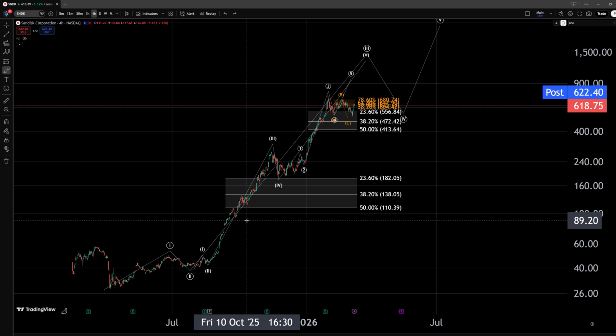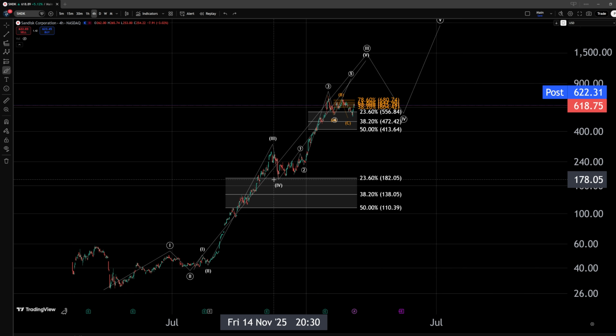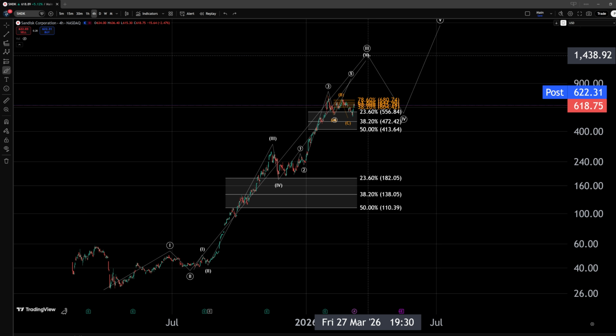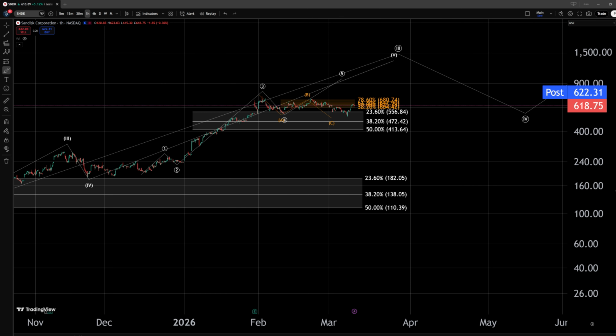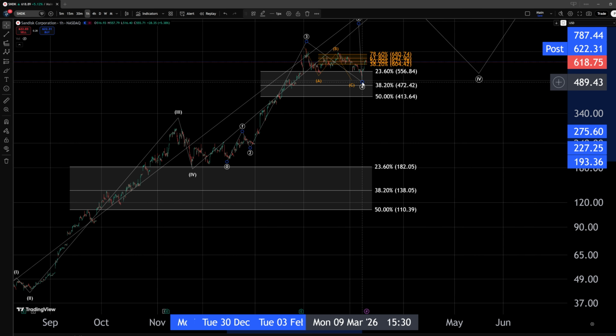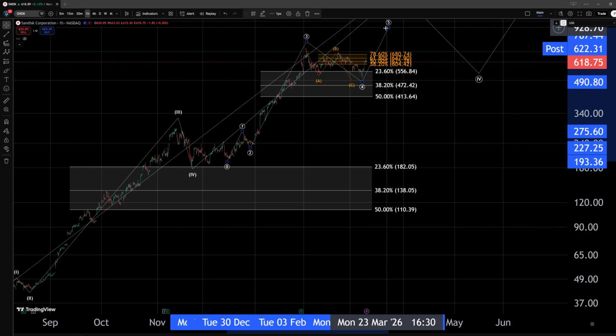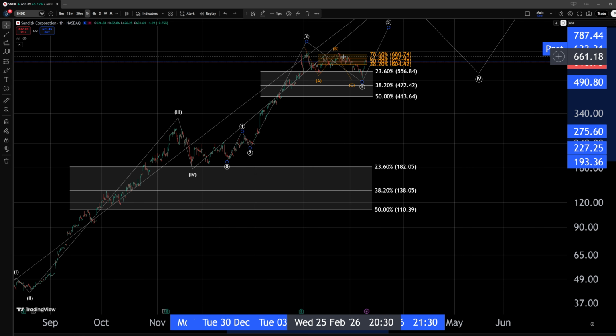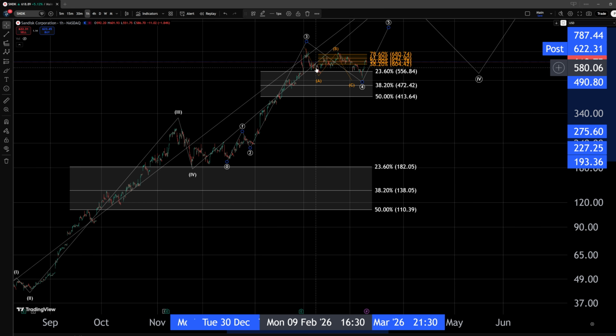Now, within this wave 3, we would certainly be towards the later stages. We would expect this to unfold within a wave 5, and at this point, it can theoretically still work out as an impulse. Now, this wave 4 correction is certainly larger than ideal, but this doesn't prevent this structure from being a valid interpretation, but it does make us wonder whether we are within a slightly different count,